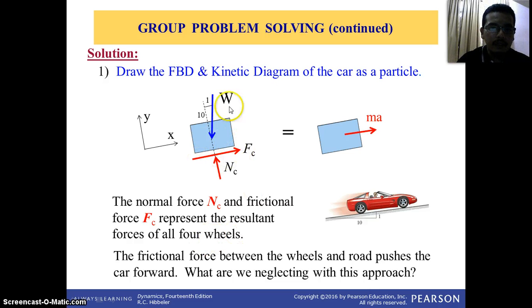Okay, in this problem, why is the frictional force upward, going forward? The frictional force between the wheels pushes the car forward. Normally the friction force is backward because the object is moving upward, but the friction force is going backward. But you can see the tire is moved forward, and at the road